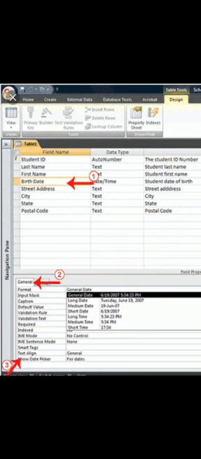Microsoft Access is the most powerful and popular RDBMS, that is Relational Database Management System, which is used to organize and manipulate data. A table is a database object which is used to store information in an organized manner. A field is a named unit of information. It stores one type of information about all the objects or items.